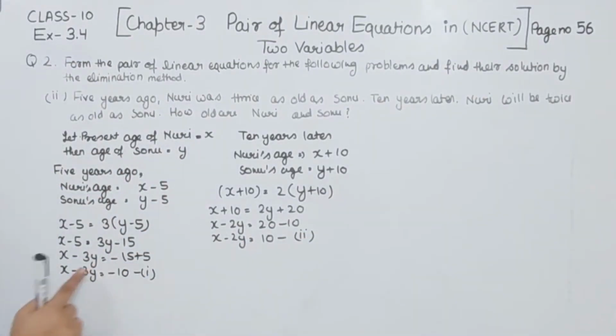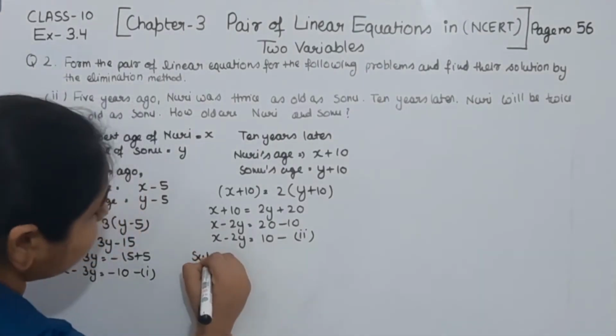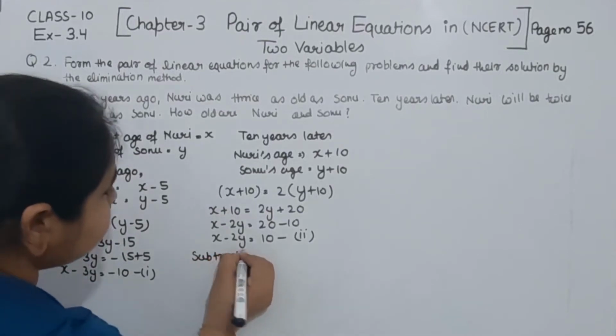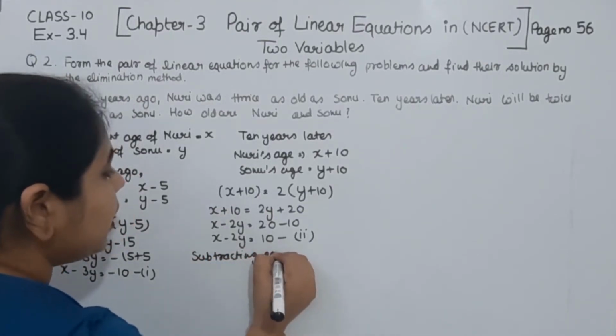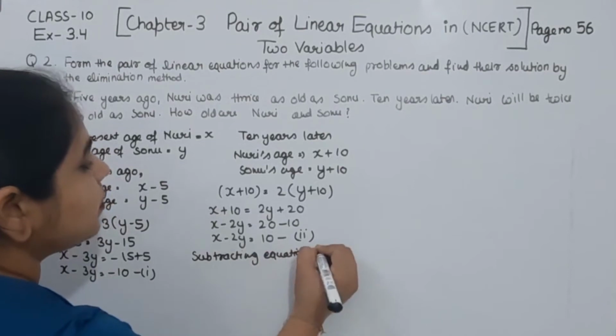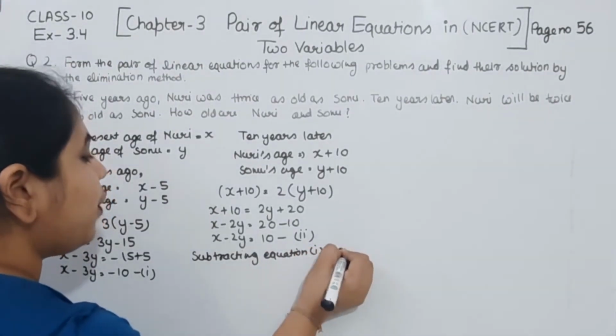Now the coefficients of x are equal to each other. The coefficient of x is 1 here, and here also it is 1. So both of them are equal to each other. So now we don't have to multiply the equations, we must subtract these. So I write here: subtracting equation 1 from